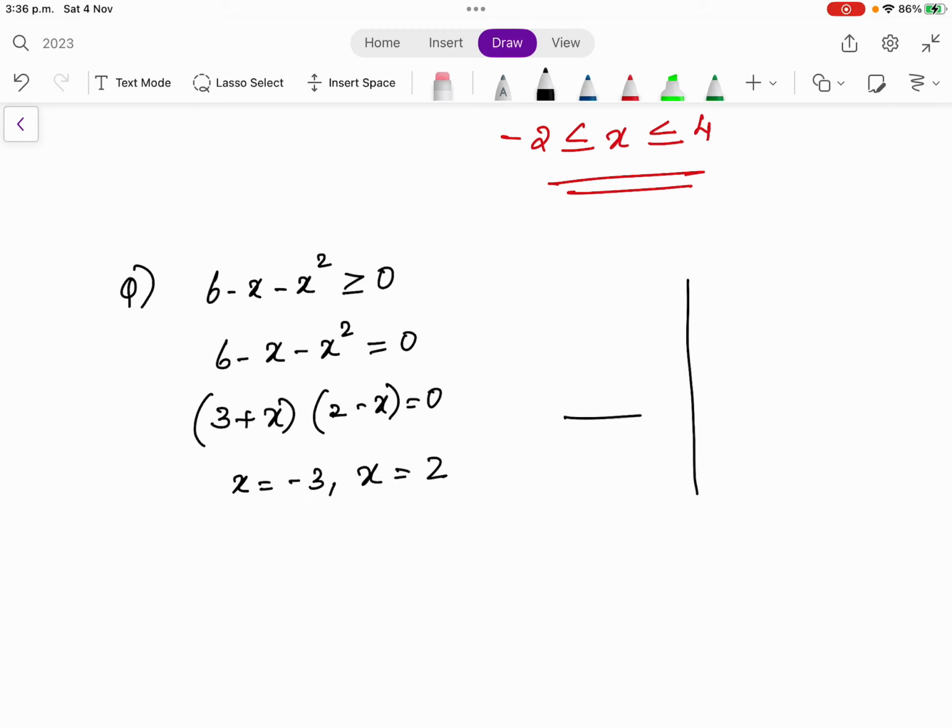Again I'm drawing a graph here. This will be −3 and this will be 2, and I can draw a graph like this. Since it is greater than or equal to 0, I can write it as −3 ≤ x ≤ 2. So any question goes like this. Now if I take an equation